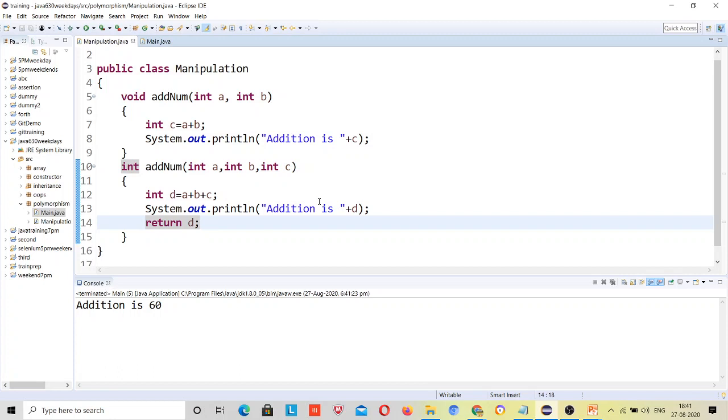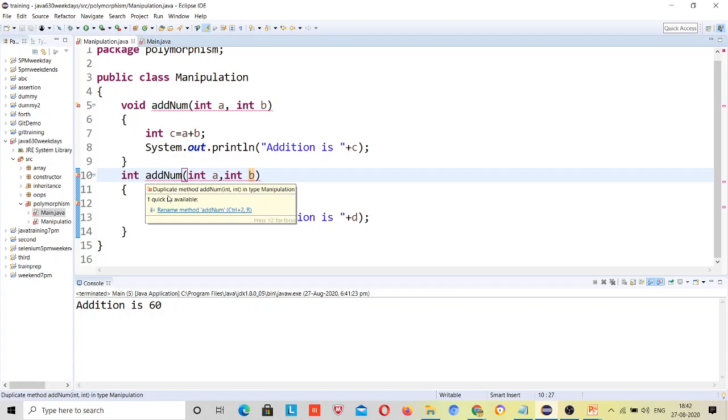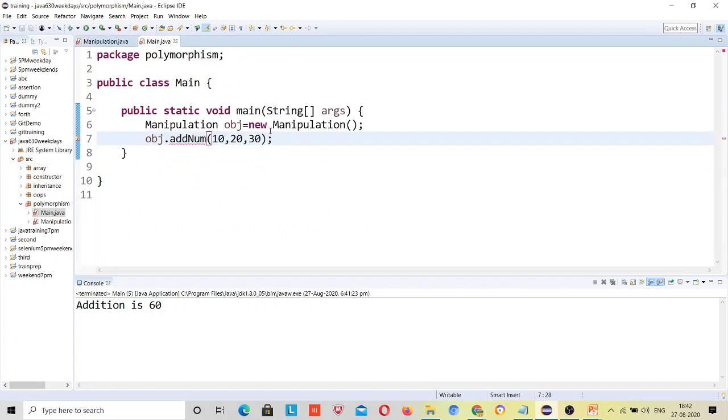But suppose we do it for the same two variables, will I be able to do it? No. You can see the error: duplicate method add num int in type Manipulation. This one is void, this one is int, but there is an ambiguity. Suppose I am passing two values from here. How will it know which method it should call?